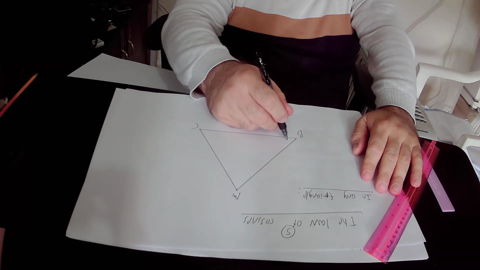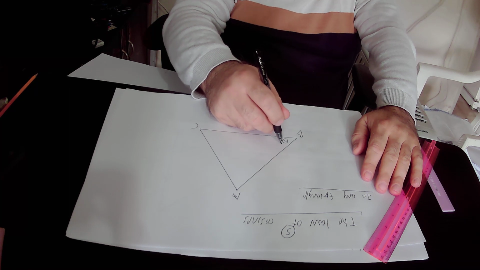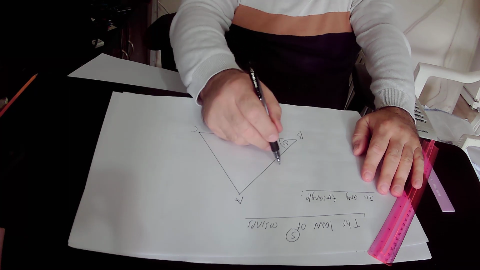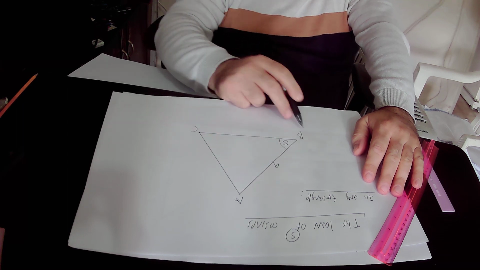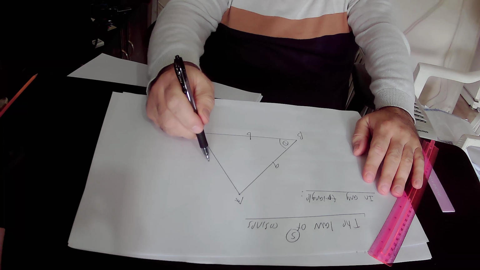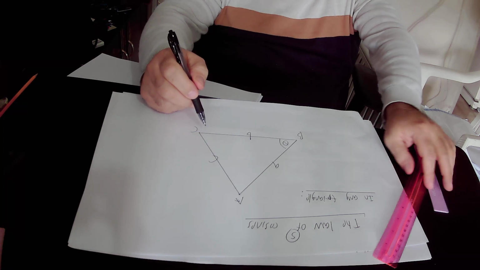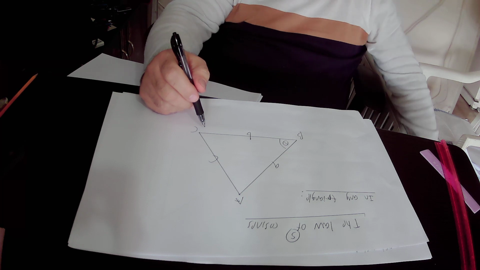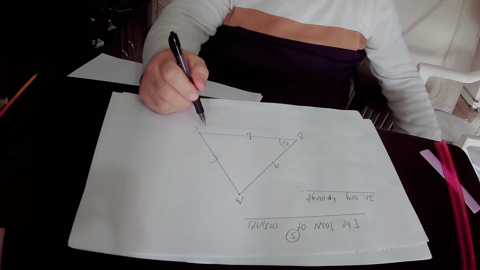This angle is angle theta. The length of side AB is A units. The length of side BC is B units. And the length of side AC is C units. Then, according to the law of cosines,